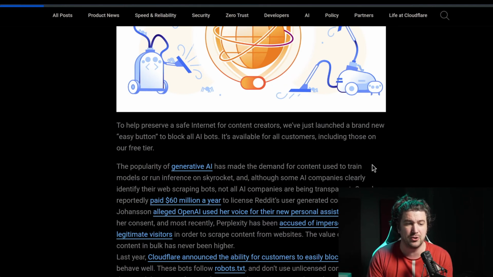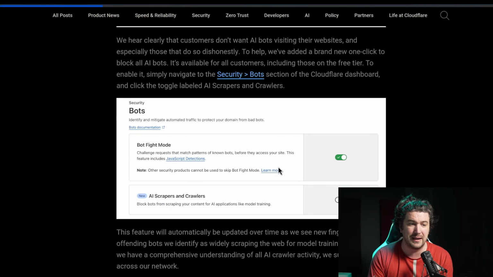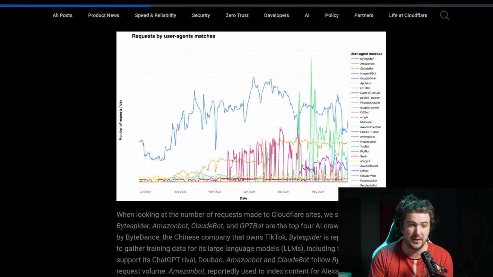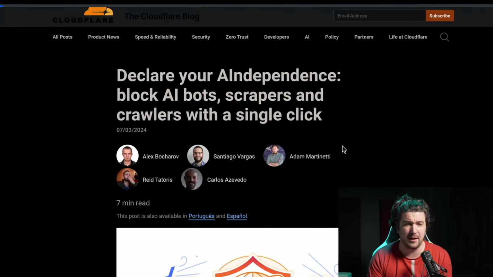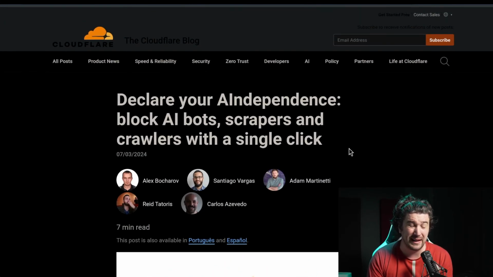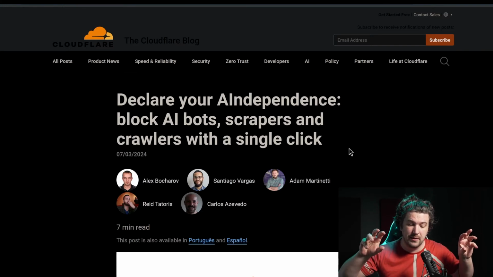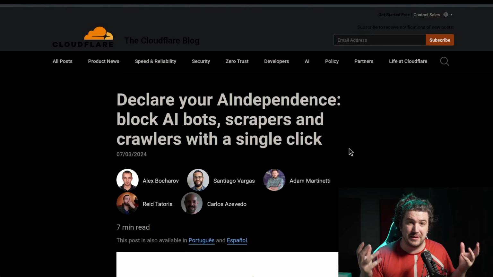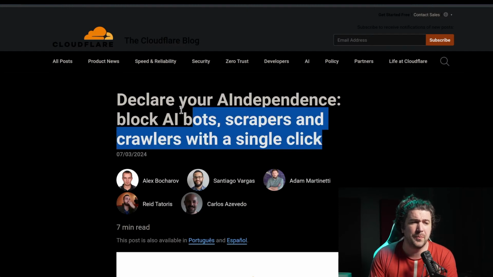Basically, Cloudflare made a way to block the majority of AI crawlers that are crawling the web for data. I think this is going to become a more common practice, as I've stated, because AIs don't have a symbiotic relationship like search did, where people go to the site to read the information. They're just taking it and regurgitating it to you on their own site. And so